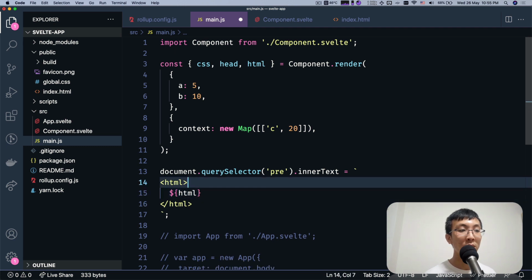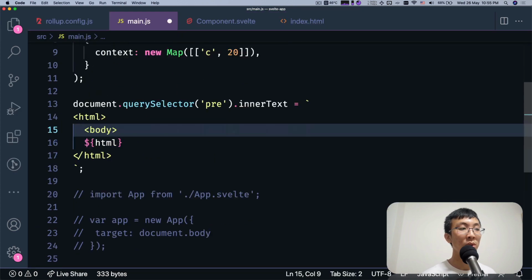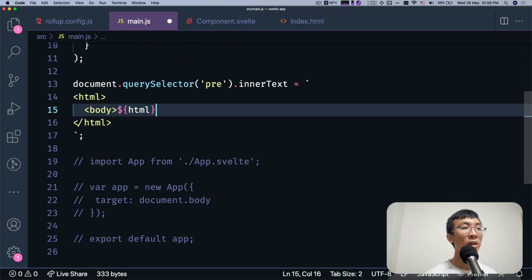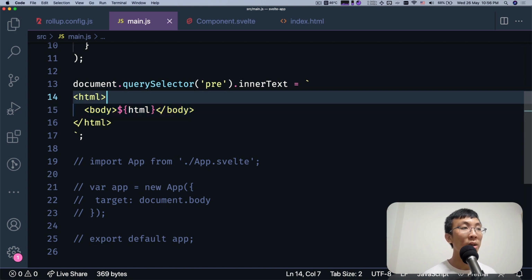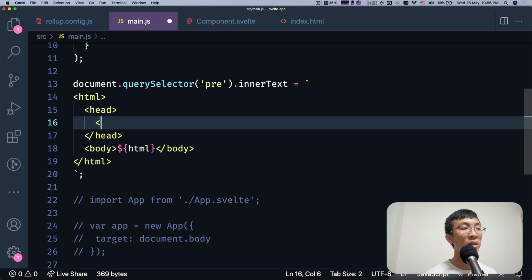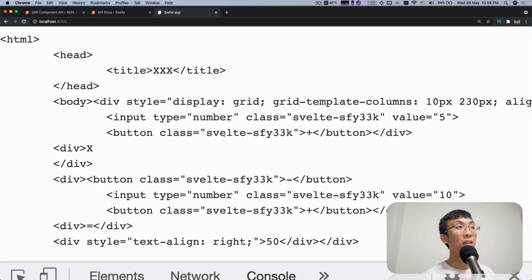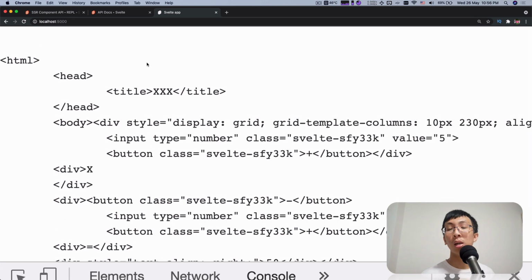and now this usually goes to the body, so I'm gonna have a body element. Let me zoom it up a bit so they can see clearly. Body, and I'm gonna add this over here. Nicely done. And then sometimes you have a head, right? Where you put in things like titles and stuff like that, right? Title. So let me refresh. You'd probably see this is more like a nicely formatted HTML document that you would usually use, right?